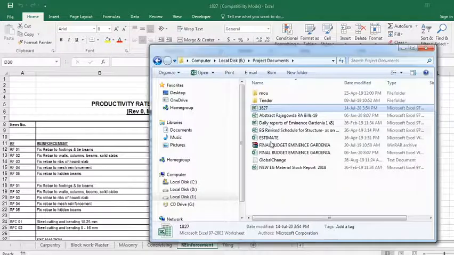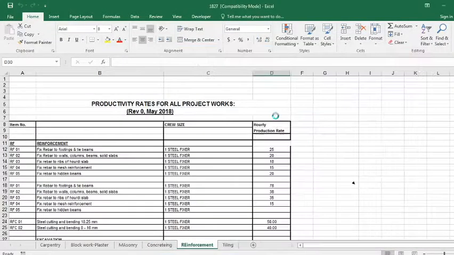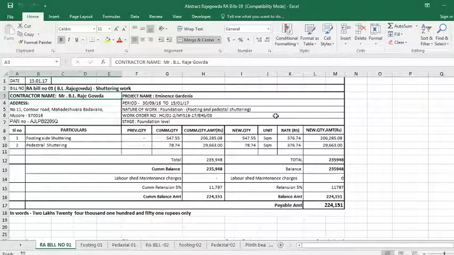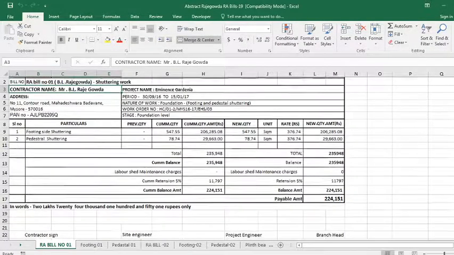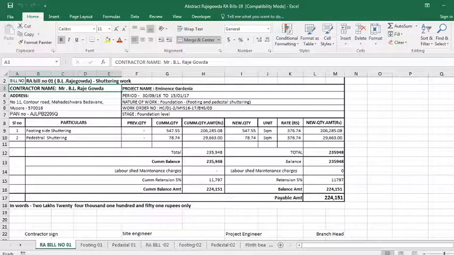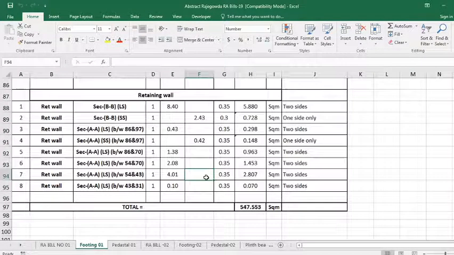Actually we make project documents and we submit them. For example, if I'm working on any project currently, then I have to submit these documents. I'll have to give them estimations about it: how much, when, how much did I use, what is the cost of that. All these things have to be given separately. This is for footing, what are the total quantities. This estimation of quantity is very important.